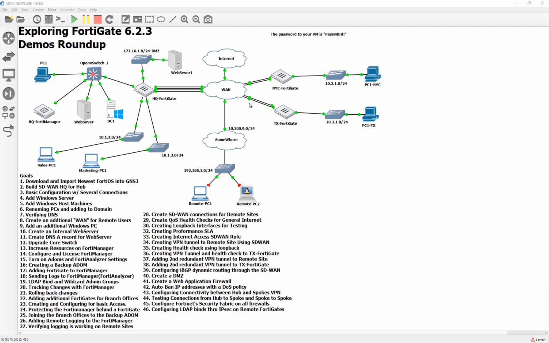We have redundant VPN tunnels being controlled by the security SD-WAN, or just SD-WAN. Essentially, we want to make sure that it can find its way back to this domain controller regardless of which tunnel it's going to use. We're going to do that by setting up the LDAP bind on both sides and also setting the source IP address so it always looks like it's coming from an internal interface. That way it can just make a forwarding decision through the VPN tunnels and it doesn't try to use one of the WAN interfaces or the VPN tunnel interfaces to do the LDAP bind. Anyways, let's take a look at how it's configured already